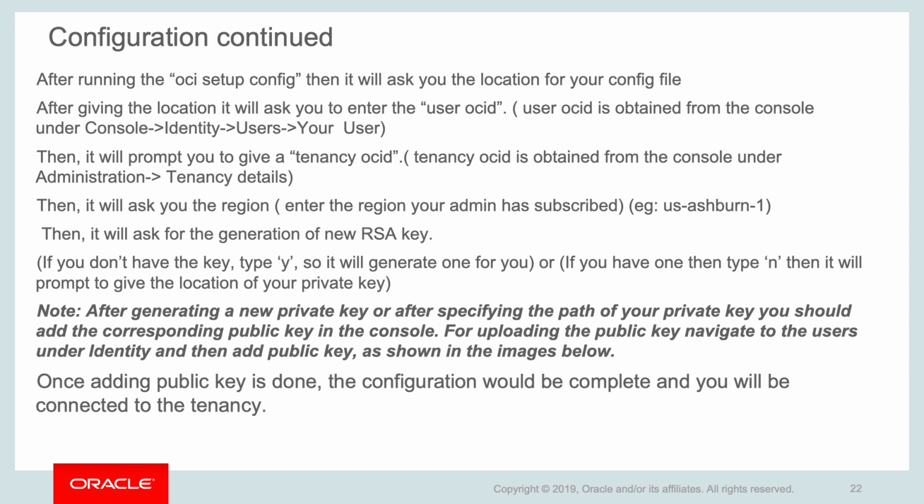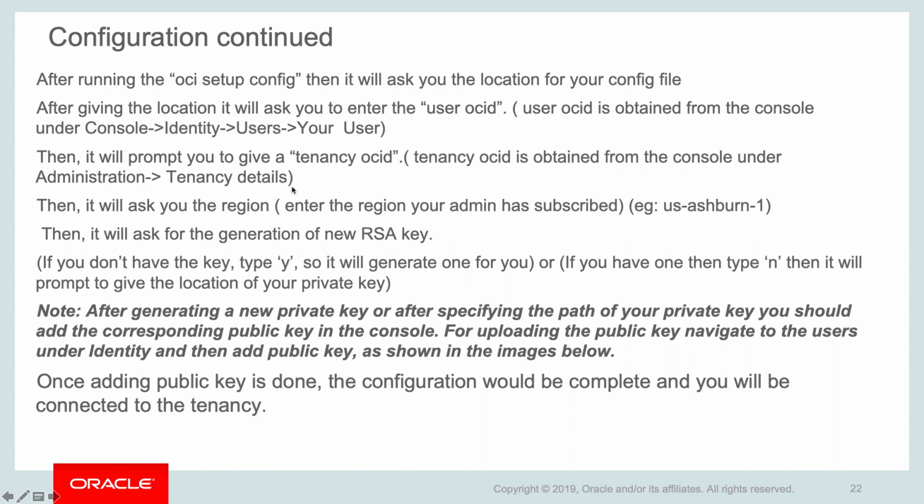So continuing from their configuration, oci setup config will ask you for the location of your configuration file, and then after giving that location, it is going to ask you to enter the user OCID. The user OCID is obtained from the console under Identity and Users, by selecting the user for which you want to configure this CLI. Then it will prompt you for a tenancy OCID, and the tenancy OCID is obtained from the console under